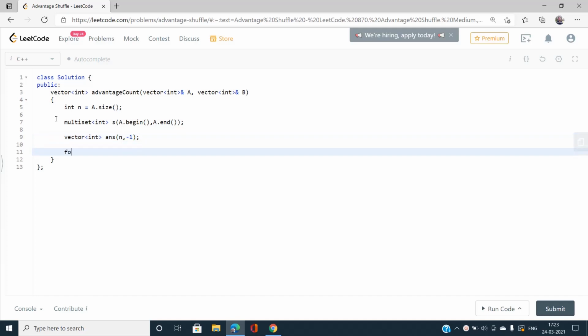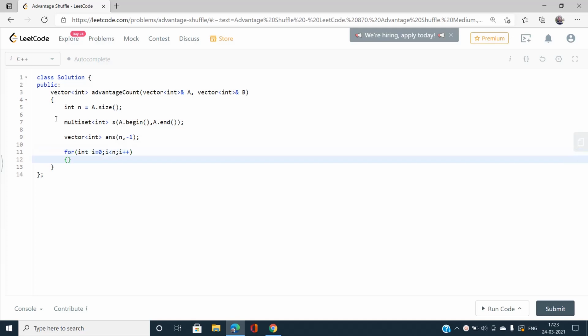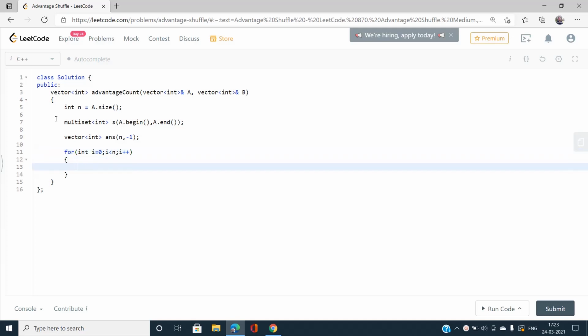Now iterate over the vector B, with i less than n and i plus plus. Let's find an element that is just greater than the current element of B. This is auto itr = s.upper_bound of my current element, that is B[i].